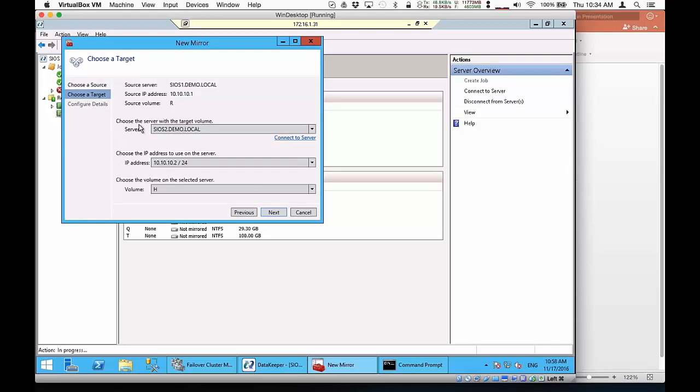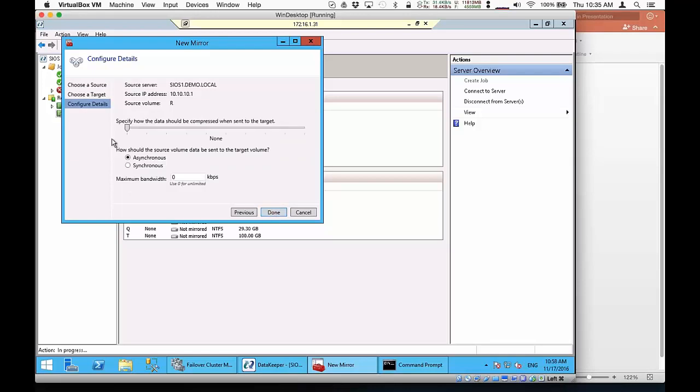Step 2, you select the target. It's pre-populated all of these drop-downs for me automatically. It's selected the other machine. It's selected the right IP address, and we're going to select the drive letter here. And then finally, on the next screen, we're going to go ahead and select our mirror options, and this is where you can decide if you want to enable compression,